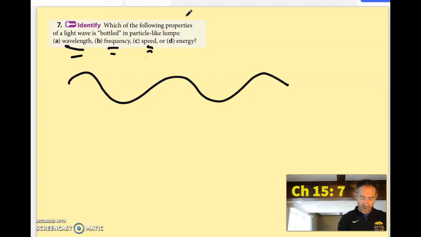You're going to have a speed in a vacuum of 3 × 10⁸ meters per second, but you could have a slower speed in another material. But it's the energy that you can't have any amount that you want. You can only have energy in little bundles. Now, in some courses, we cover a thing where we say that the amount of energy of one of those photons, that is one of those little lumps, is a constant, Planck's constant, times the frequency. All it is to say that you can only have certain values for that energy,